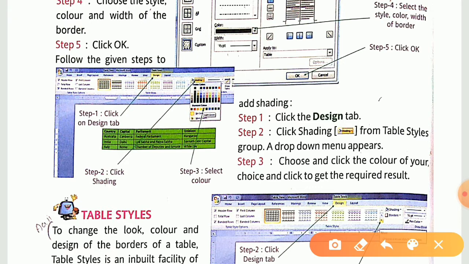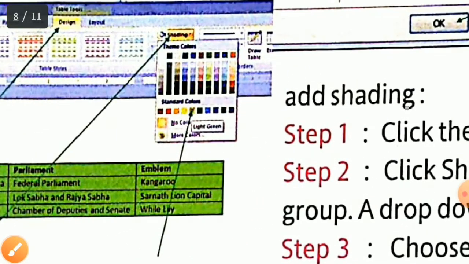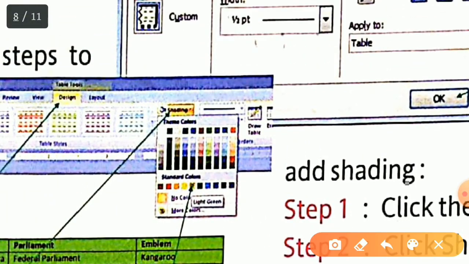See, step number 1, click on the design tab. Again, the last second one, the design tab we have to click on. Now click shading from the table style group. A drop down menu will appear. Now what you have to do, no, let me zoom it out for you. See, the first one, shading, now you have to click on. In the previous one you clicked on the second option, that is borders, but now you have to click